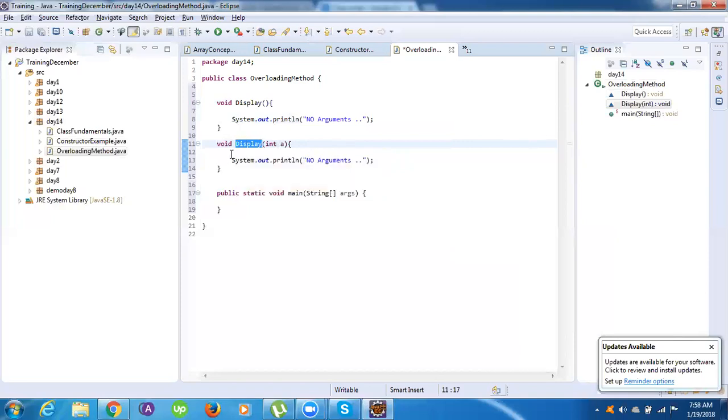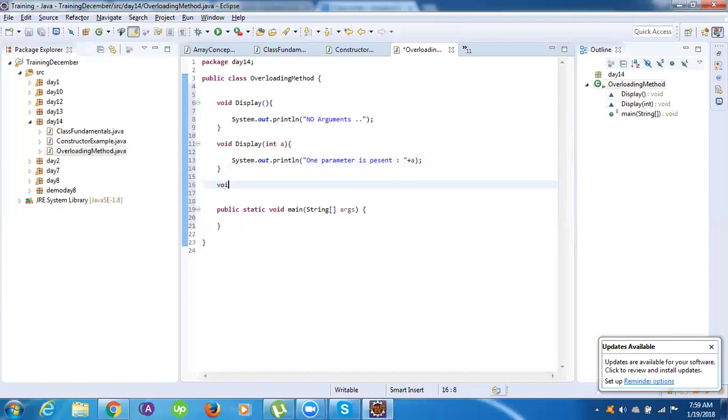So let me just print that value here. One parameter, I can say, one parameter is present, and that is the a, correct? Whatever I'll be entering here, I'll be just printing that as well. So this is one, and another one I'll be writing